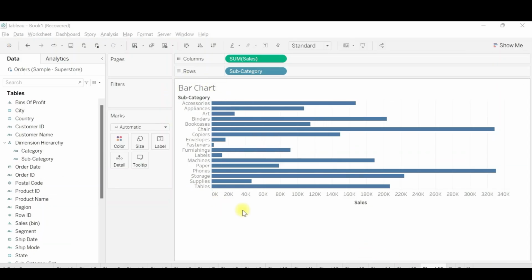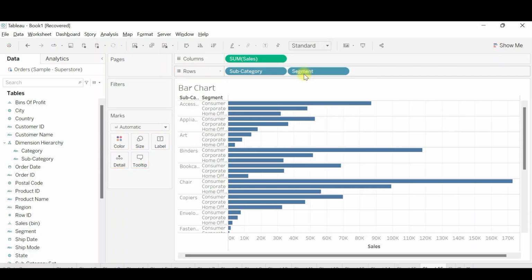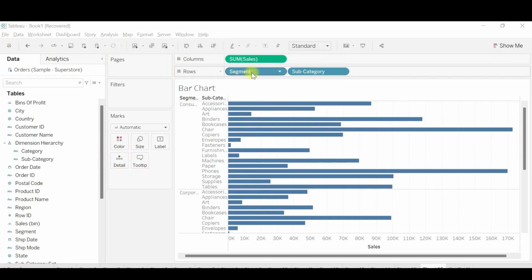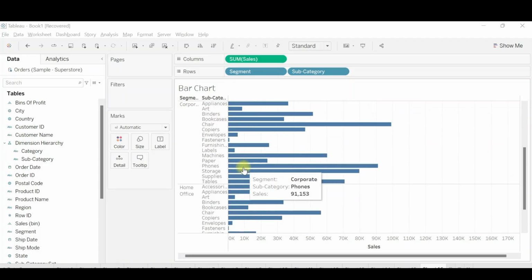Now I want to filter this bar chart based on the segment. So before we start, let's drag and drop segment to the rows. Now I have moved segment before the subcategory just in order to see how the data is varying in the chart as per the segments and subcategories.